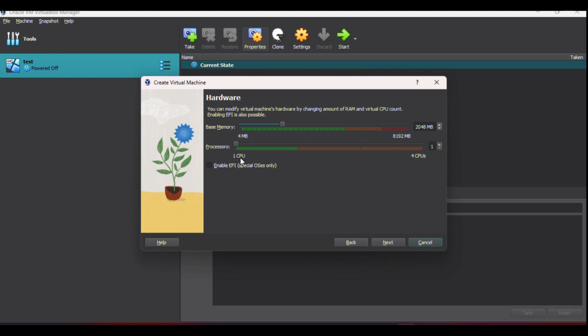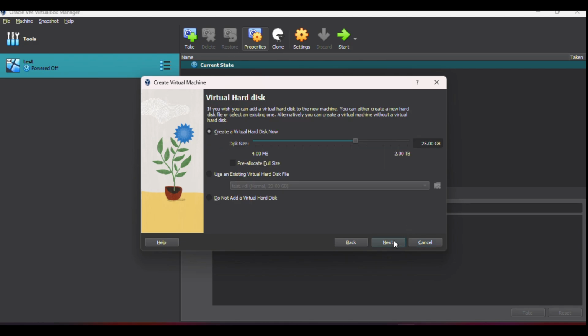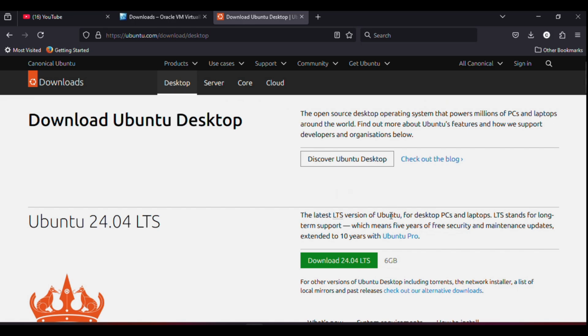So the processor we are going to give it is one CPU. So let's click on next. So here now we are going to create a virtual hard disk for this VM. By default we have 25 gig selected, but before you continue this installation, remember to go through this